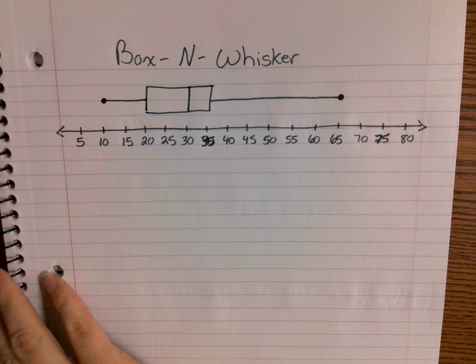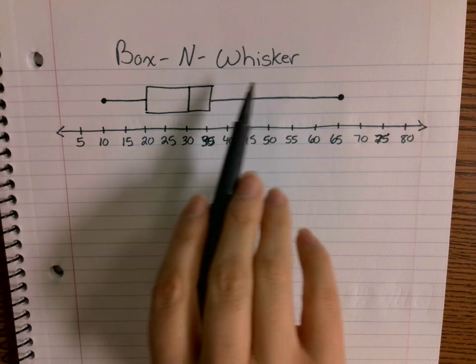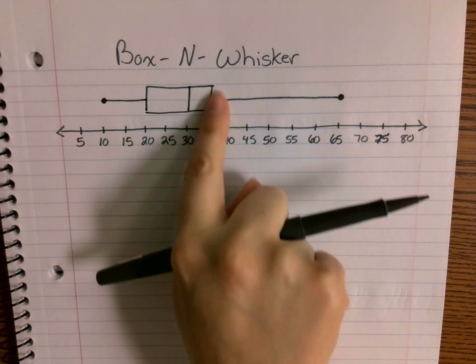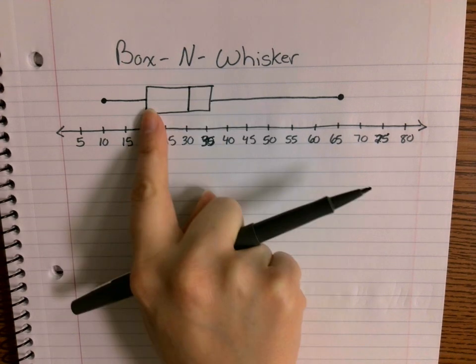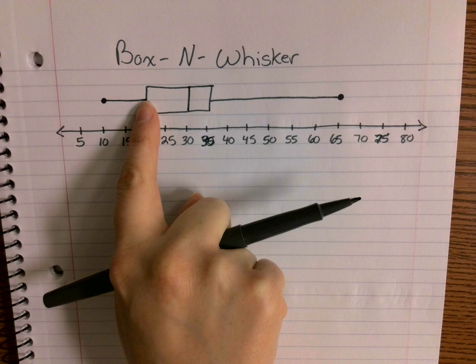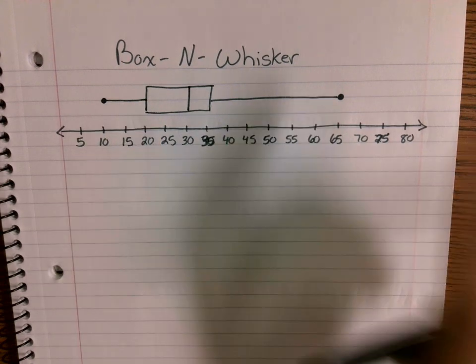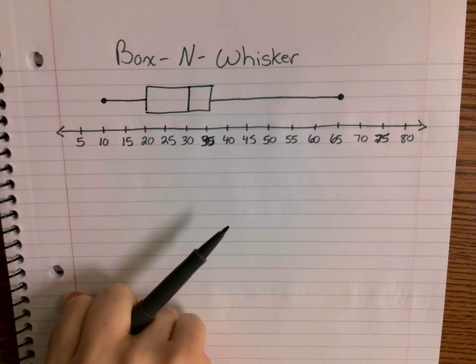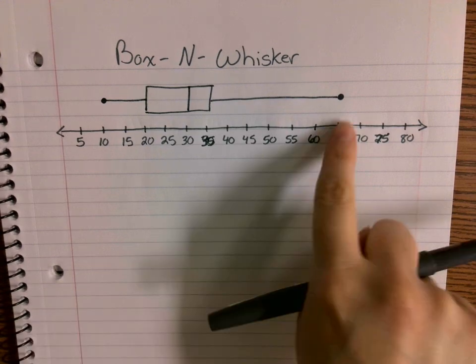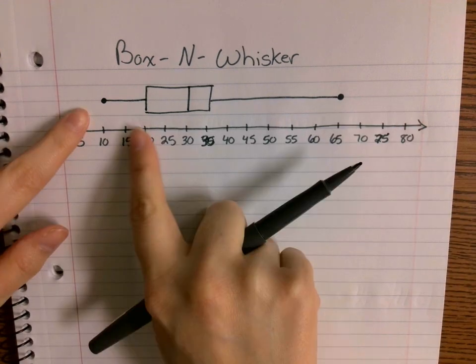This is called a box and whisker plot. You have a box that's representing an interquartile value, and then you have these whiskers that are branching out to your maximum and your minimum value. Maximum being your largest number and minimum being your smallest number. So when we're looking at a box and whisker plot,